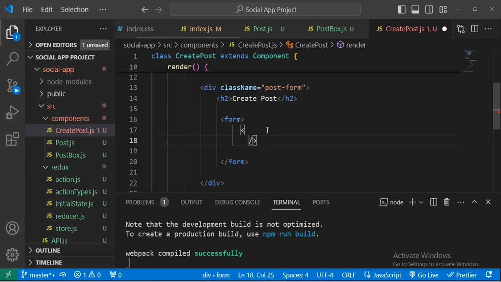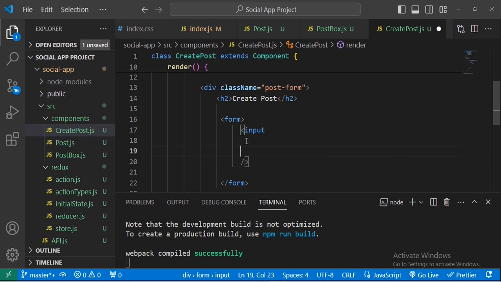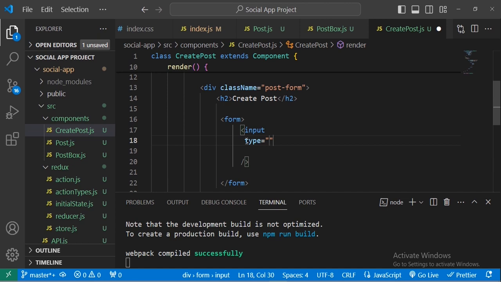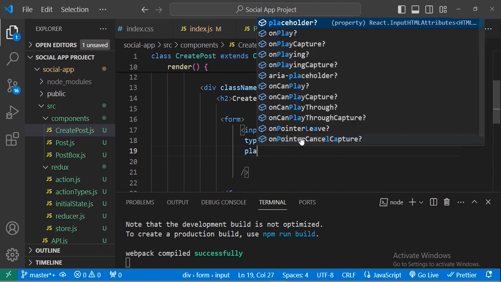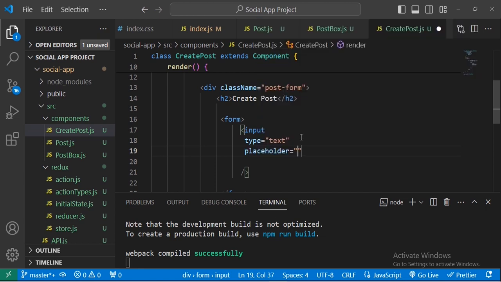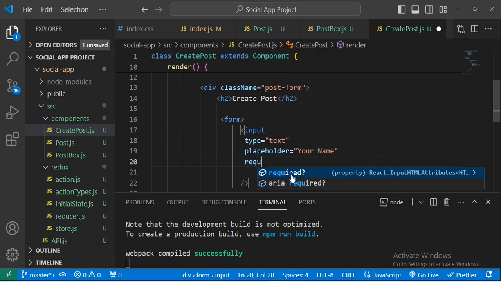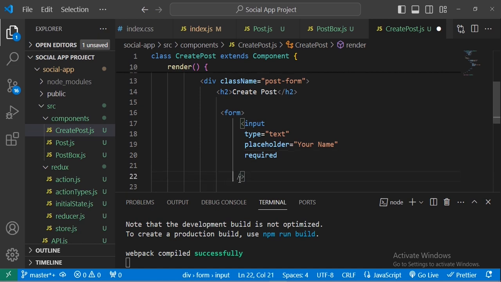For the input, let's add some properties here. First we define a type. The type is text. Then we also need a placeholder. The placeholder will be Your name, to show the user that he will add his name here,